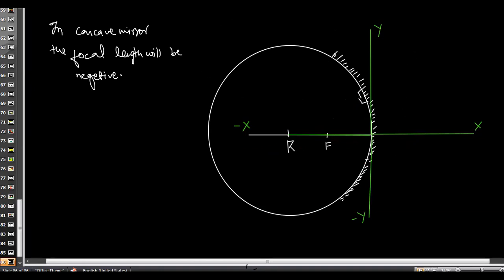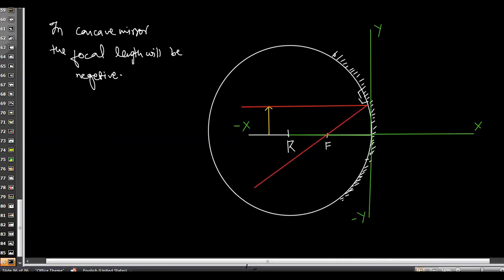Okay, so I will ask you, Asila, and you need to answer me. Suppose I place an object here, beyond R. If I pass a parallel ray to it from its top, then it will pass through the focus. According to this, if a ray is passing parallel to the principal axis, then it will pass through the focus.